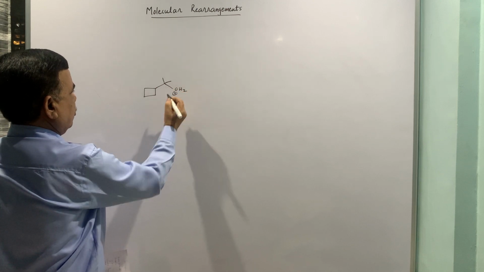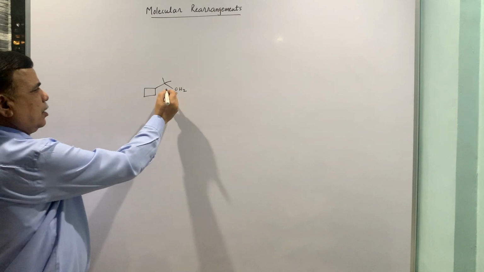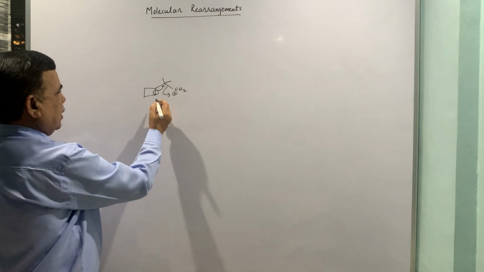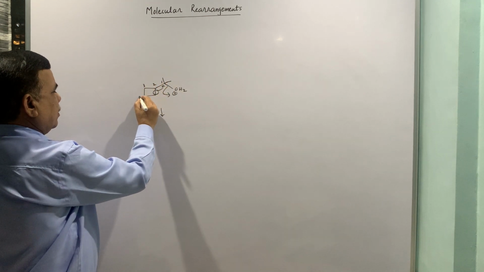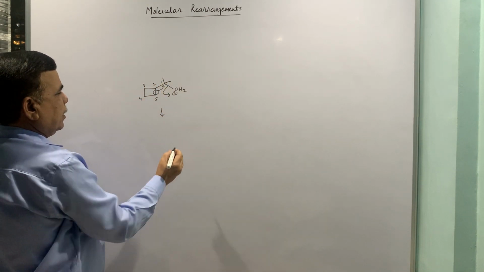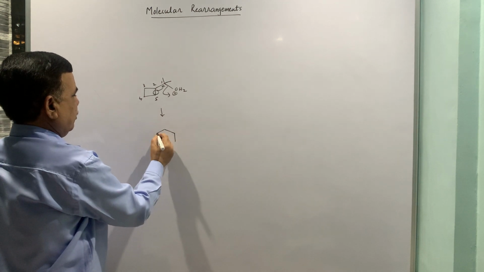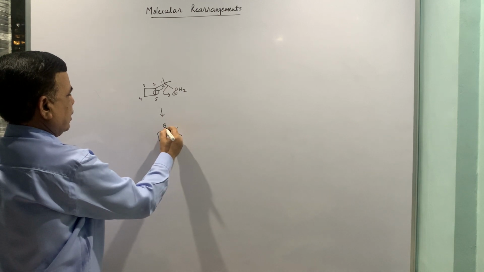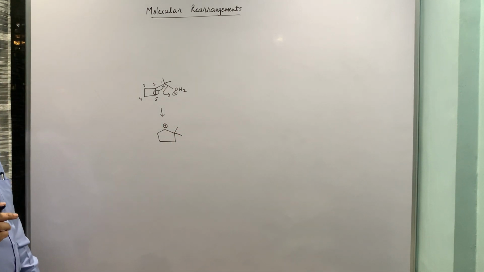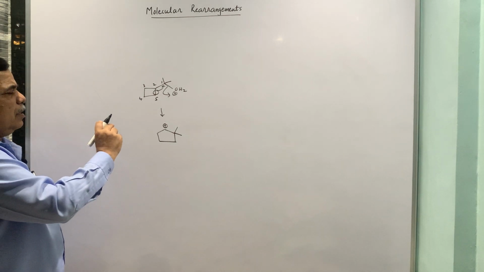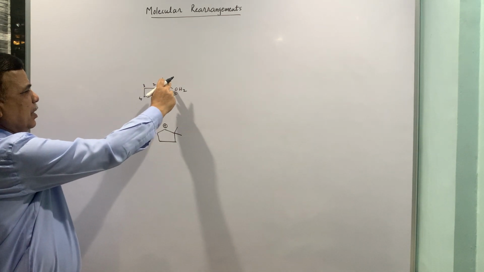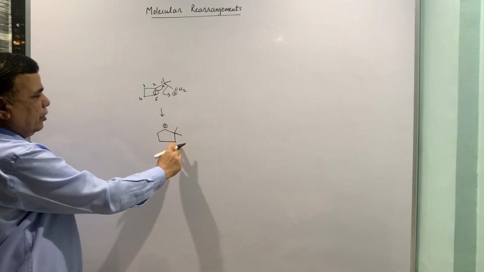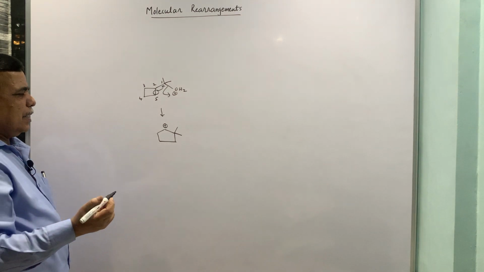So first of all, the protonation of OH, this goes off, this group migrates, and the ring size becomes 5. So ultimately what you have is, now it is this one. So the carbon which is next to this gem dimethyl group containing is positive, either you put here or here, no matter, it is the same.